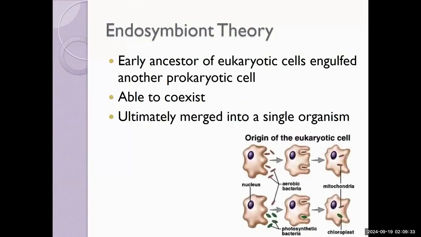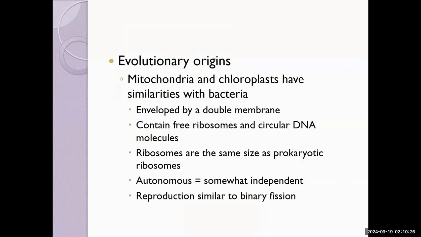The endosymbiont theory, or the observation of endosymbiosis, describes how an early ancestor of the eukaryotic cell was once living side by side, 2 prokaryotic cells living side by side, single-celled and simple, but one engulfed the other. And instead of digesting down its raw materials, breaking it down, the internal prokaryotic cell persisted. It was able to coexist and survive inside the other cell, and ultimately, they merged into a single organism. We know for a fact that the mitochondria and chloroplasts came about this way.